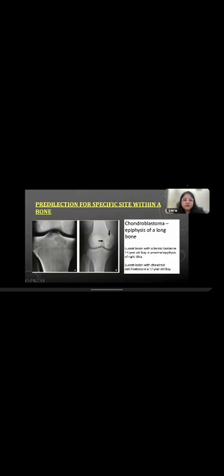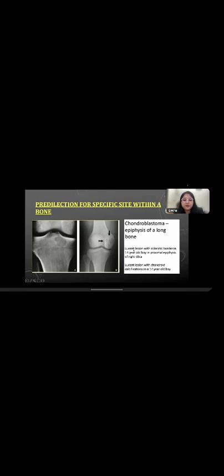Predilection of lesion for specific bone. Osteofibrous dysplasia. These are dysplasias which are commonly seen in immature skeleton in children, and adamantinoma. These two lesions have a tibial predilection. For specific site in a bone, then chondroblastoma has a very high specificity for occurring in the epiphysis of a